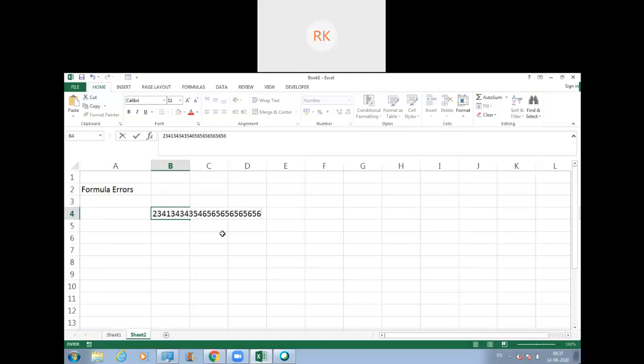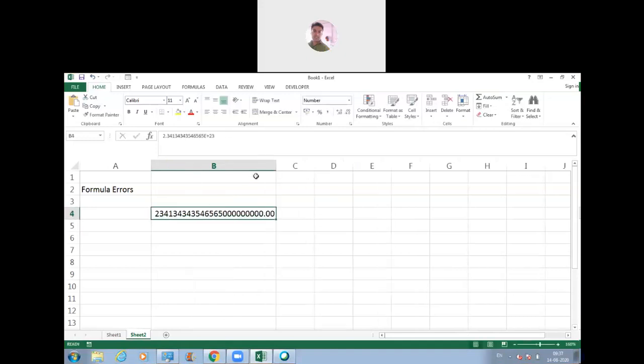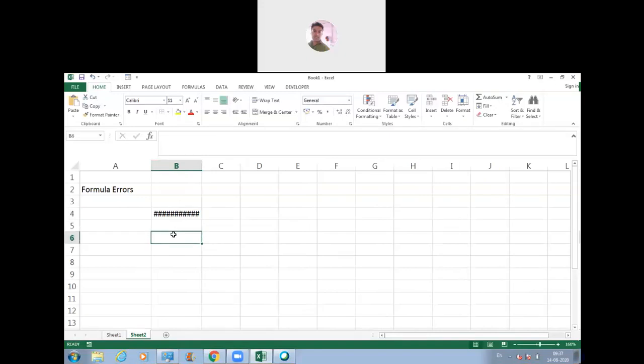As you can see here, the length of this number is much more in comparison to the width of the cell. Now, when I press enter, what is going to happen? These hashes are going to get reflected in this cell. This is a kind of error which occurs if the column does not have enough space to accommodate the value.